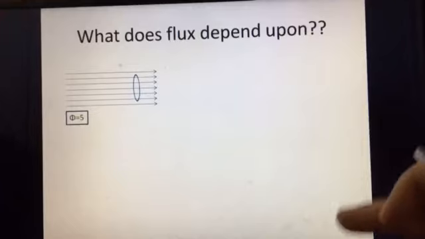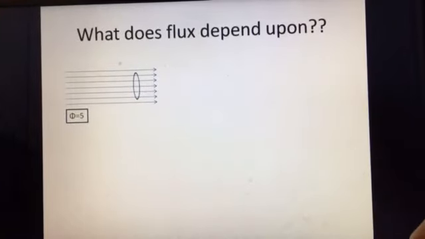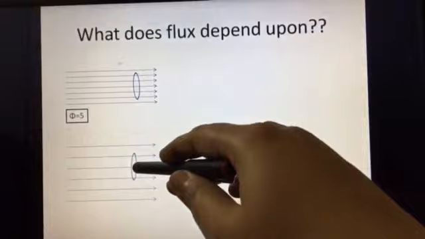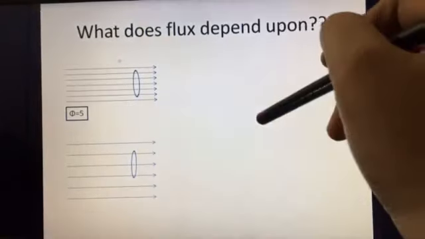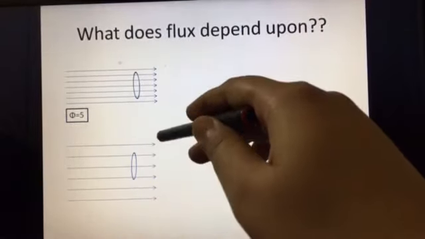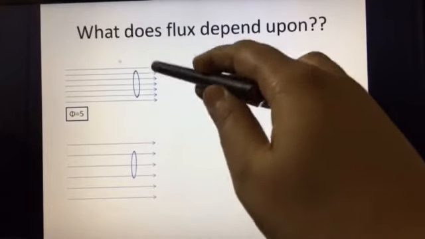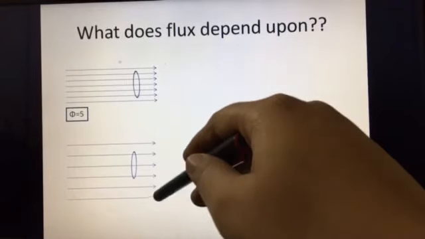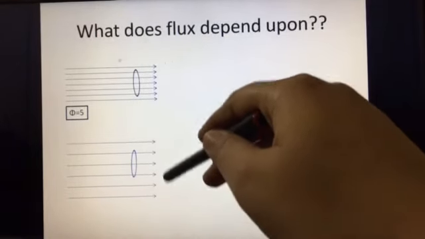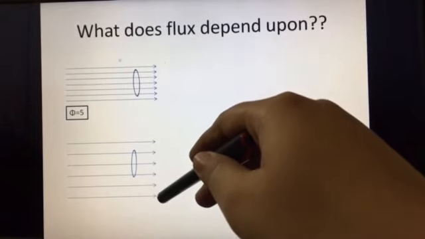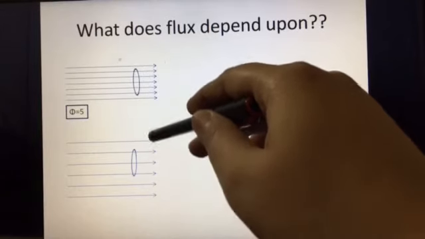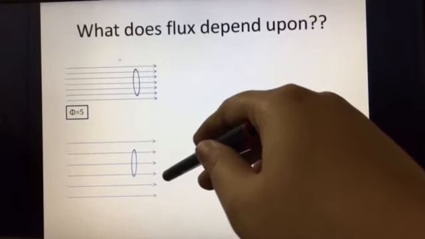Now how is this flux going to change, or what is the quantity that will change the flux? Let's see. We have changed the electric field. The area has remained the same, but I have changed the electric field. Here the lines are closer, that means the density is more. Here the lines are apart, indicating that the density is lesser. If the electric lines of force have low density, it means that the field is weaker. So E, electric field intensity, has reduced in this case.